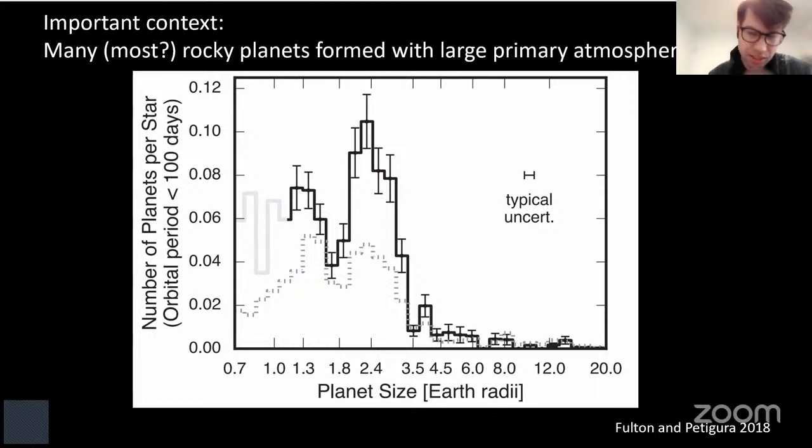And this comes from this sort of bimodal planet size distribution that I'm sure you've seen before in some form. There's obviously ongoing debate over the origin of this bimodal distribution, but in my mind, the simplest explanation is that many of these objects started from the same volatile-rich population with a lot of hydrogen, and then some of those had their hydrogen-rich envelopes eroded to